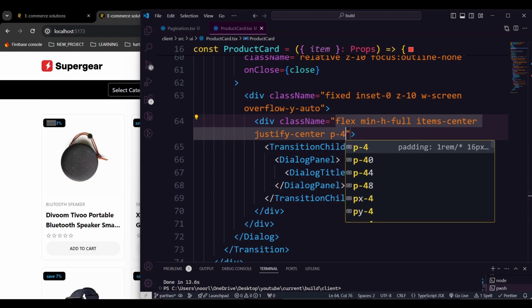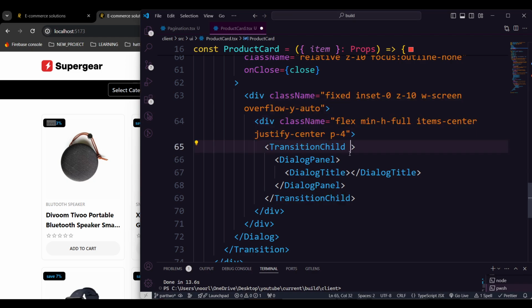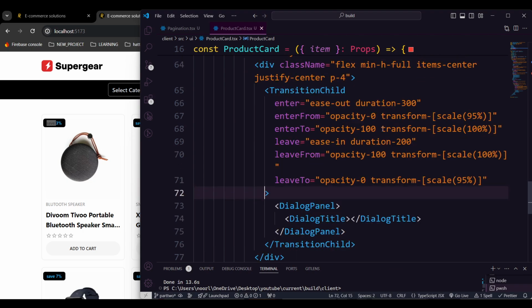So that's the parameter, and I'm going to pass the properties for the transitioning child: how it will enter. It will enter with a duration of 300, so it's a kind of shadowy blink. Enter from opacity 0 and transition scale 95, and enter to opacity 100 and transition scale